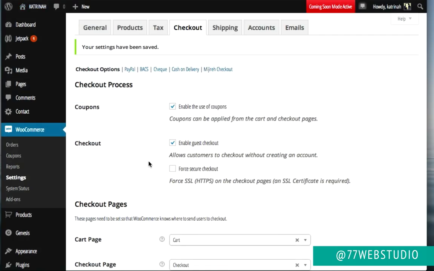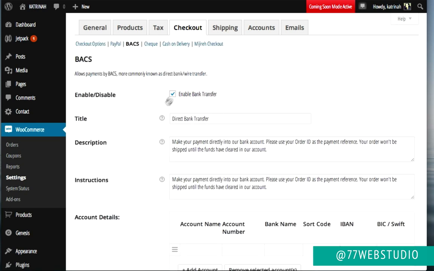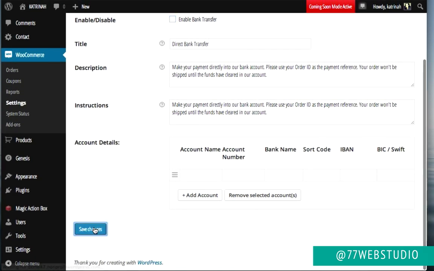In this particular video, I'm going to be using the pre-installed payment methods, and specifically, once again, I'm going to be using PayPal exclusively. So I want to get back to disabling the other payment methods that are currently enabled, starting with this one. When I click on this BACS, we can see here it is enabled. I'm just going to uncheck it, scroll to the bottom, and click on Save Changes to save my changes.